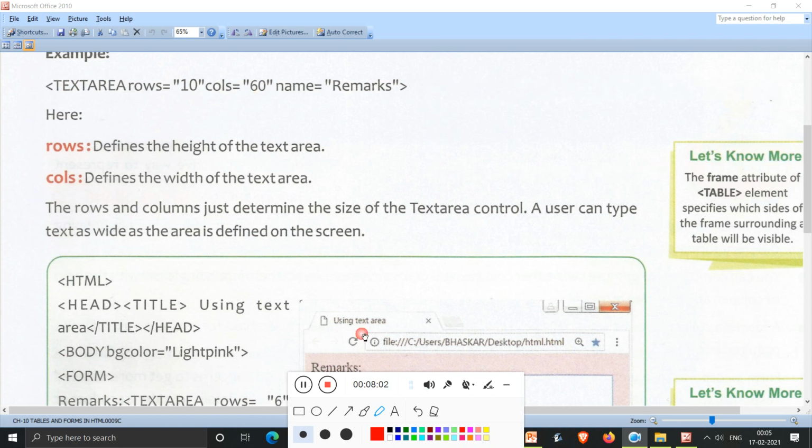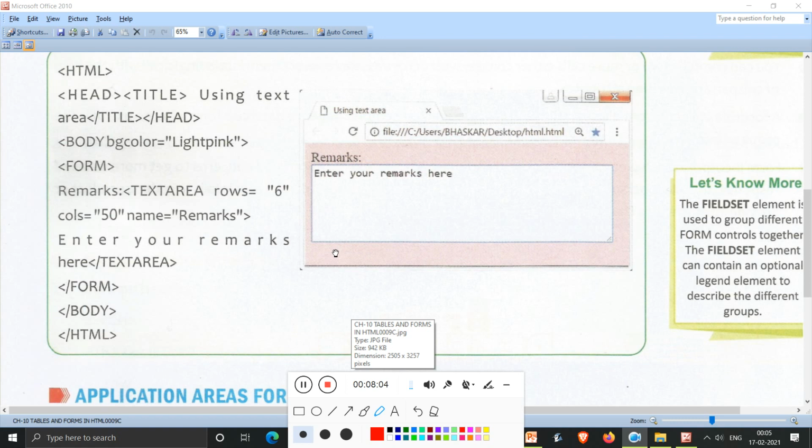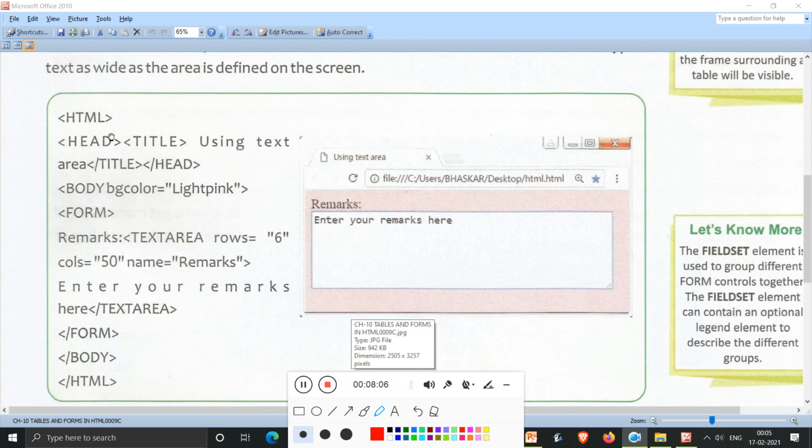Okay, now students, they have given an example of how to create a text box like this. See, this is the height of the text box and this is the width of the text box. Okay, students. So let us see practically how to create this particular text box.